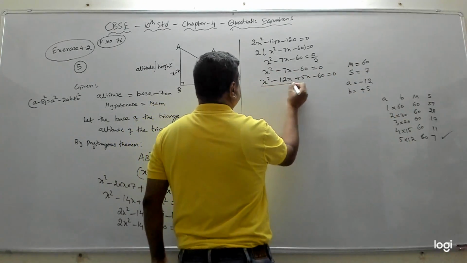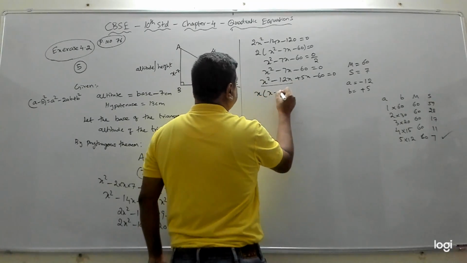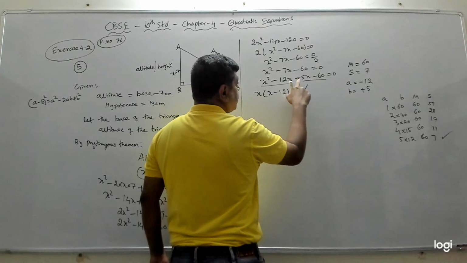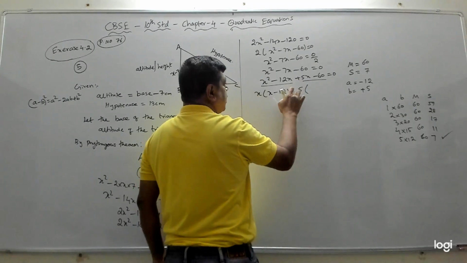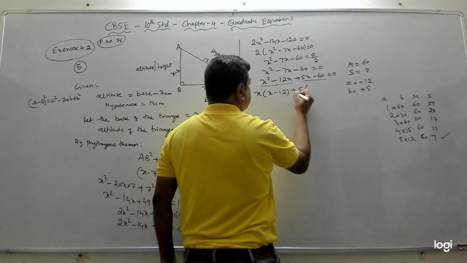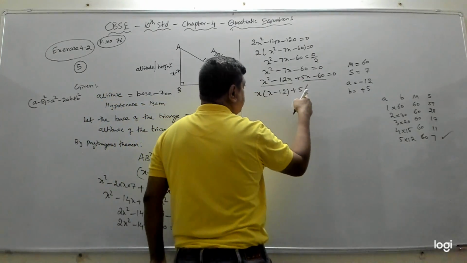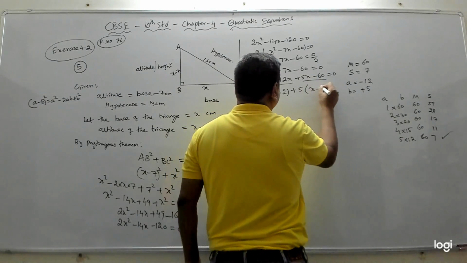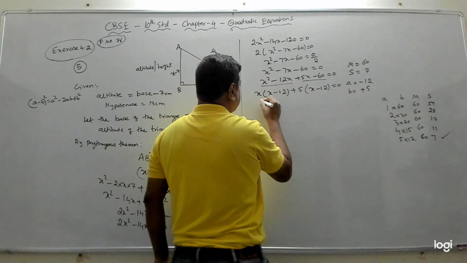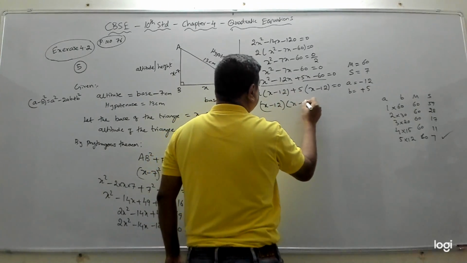Now if from these two I take x common, I'll get x minus 12. From these two, if I take plus 5 common, you should write it along with the sign. Don't just write it without the sign. I have seen people writing like this. You have to put the sign there: plus 5, or if there is a minus, minus 5. So in these two, x minus 12 is common. You get x plus 5 equal to 0.